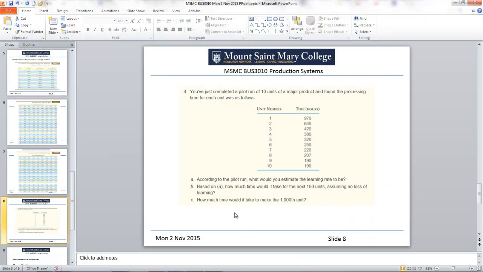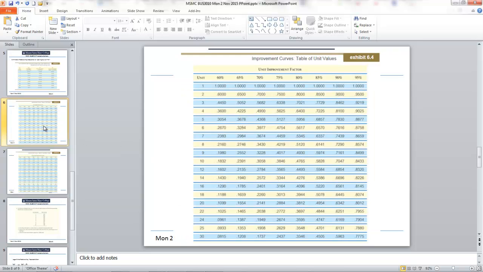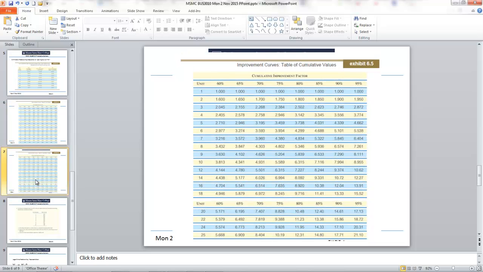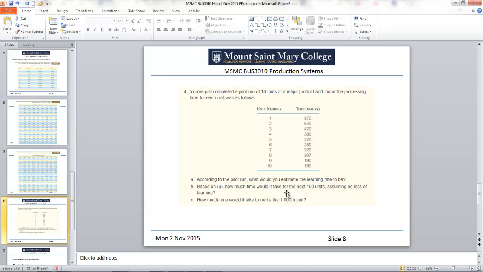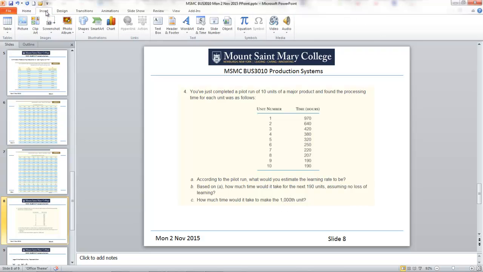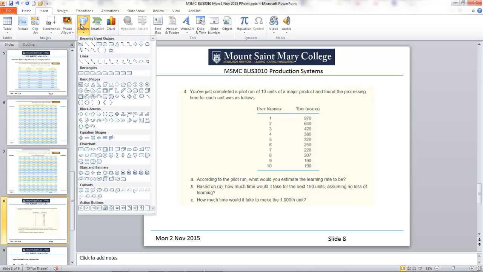And let's go back to the original question. How much time would it take to make the 1,000th unit? Remember, we have two kinds of tables here. One shows how much time it takes for any given unit, and one shows the accumulated time, how much it takes to get all the way through that unit. The total time from the first all the way through that unit. Remember, that's what the two tables are. Convince yourself of that. Go to the tables, the two tables we're using here in the chapter, and understand why they're different. Because when they ask us this question here about the 1,000th unit